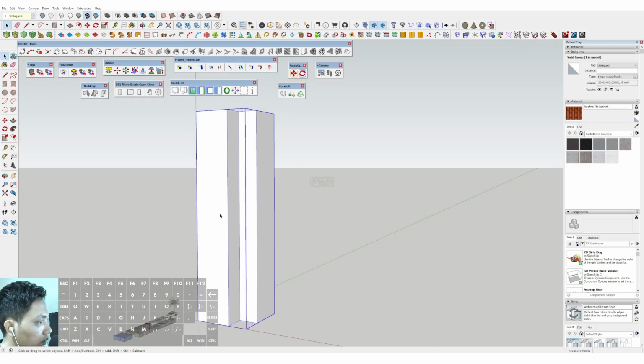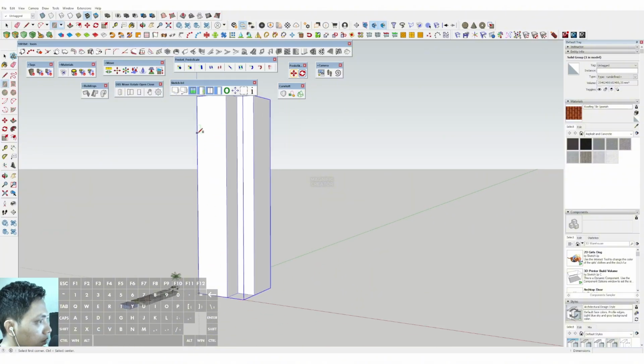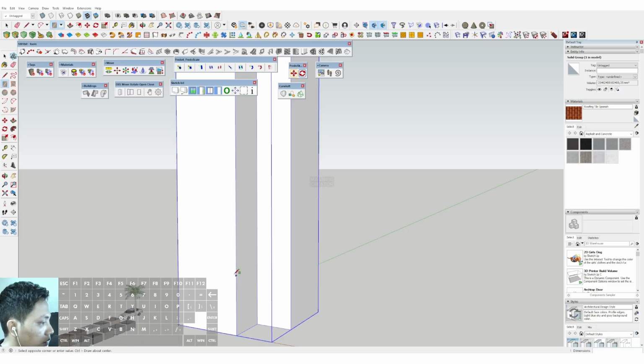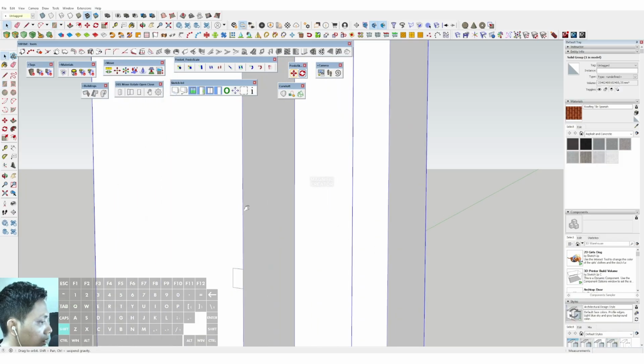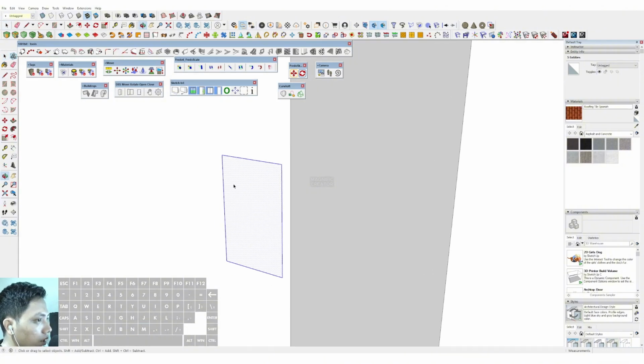Okay, then we can add the perforated metal in here. Maybe we can use this rectangle, this small rectangle first in here. Then we can select move. Sorry, we can move a little bit in here. Then we can make the triangle first. We can make the triangle like this in here and select move, tap control, and then we can